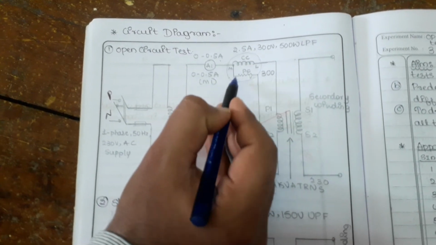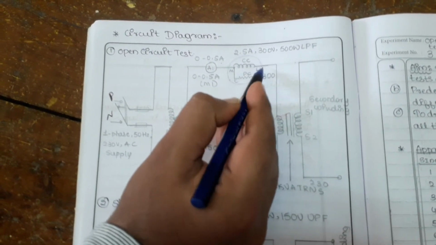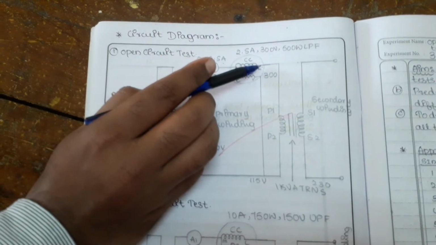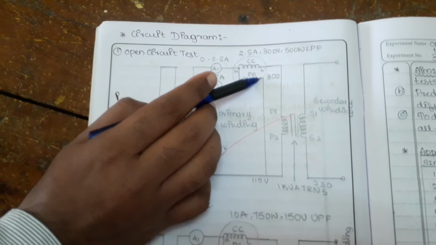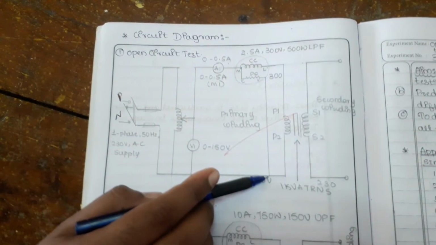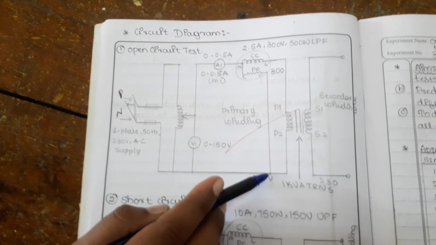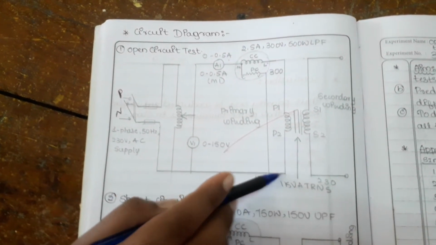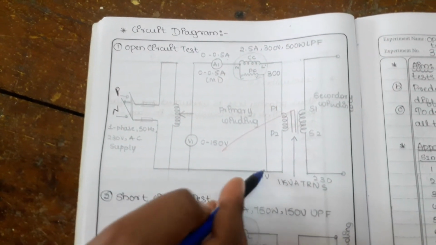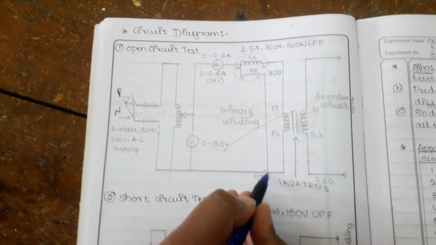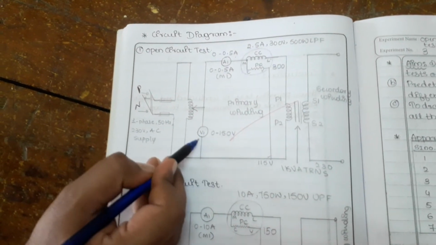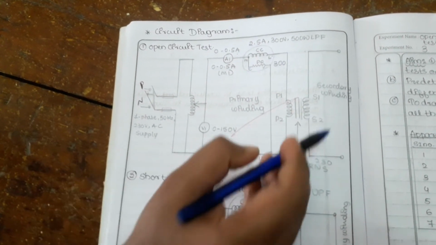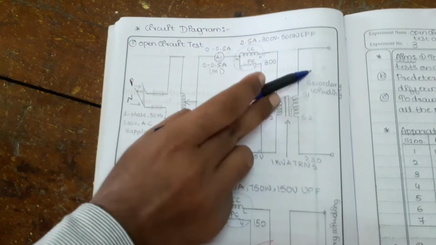the M and C are shorted, whereas the L point of the wattmeter is connected to P1 of the transformer. Similarly, the V point of the wattmeter is connected to the neutral of the dimmerstat, and P2 is also connected to the V point of the wattmeter, and all together they are connected to the neutral point of the dimmerstat. Across the dimmerstat we connect one voltmeter, keeping the HV side open. Now let us see the circuit diagram.